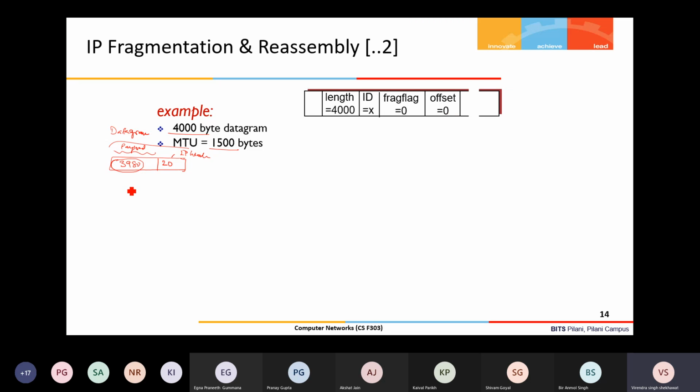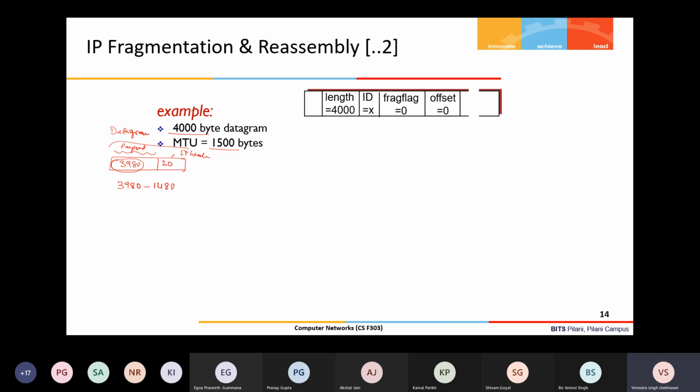I will tell you the purpose of the flag and offset value, but let's do this fragmentation first. What is the maximum data I can take from this such that it does not exceed 1500? 1480, because the 20 byte IP header has to be attached separately, then it will become 1500.